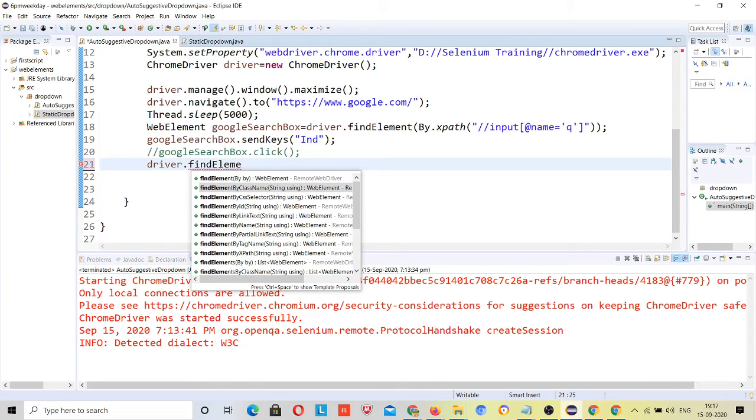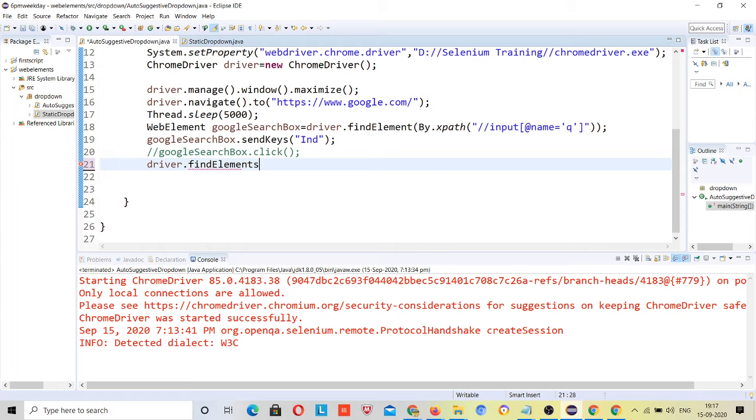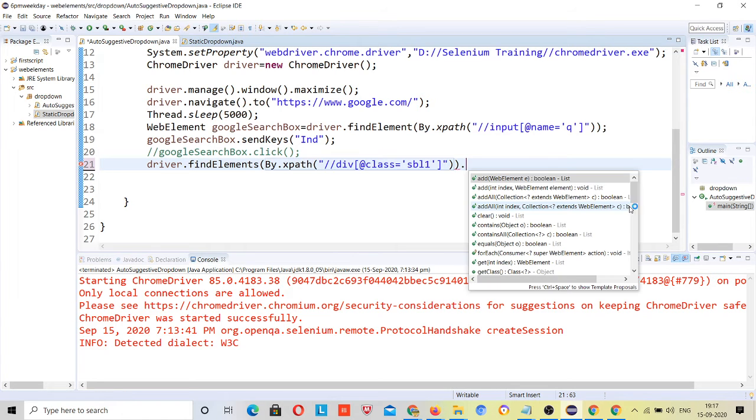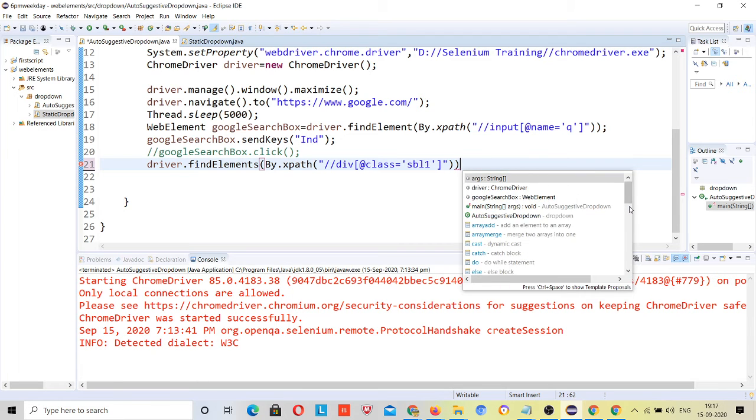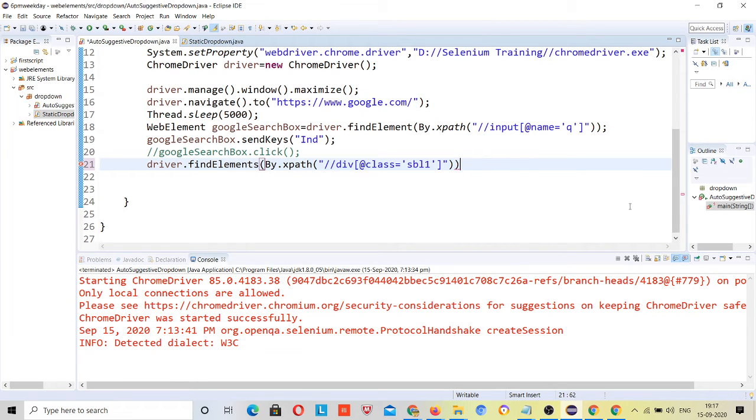Find elements by dot XPath and paste it here. And this, if you attended yesterday's session, is a list of web elements.